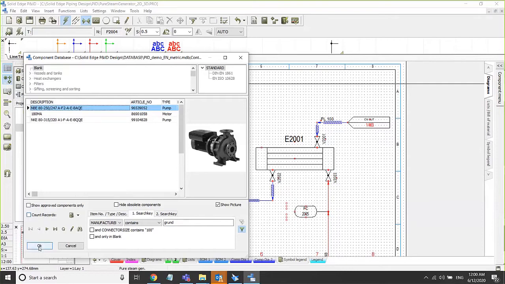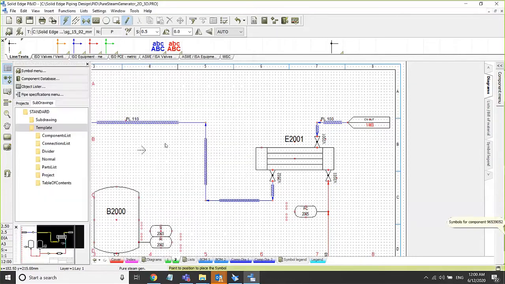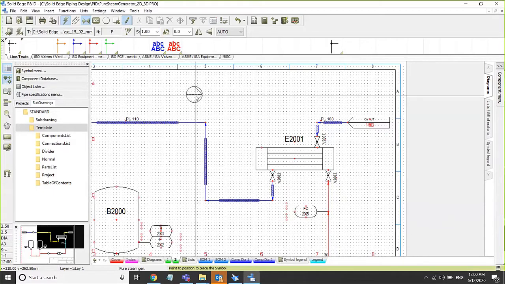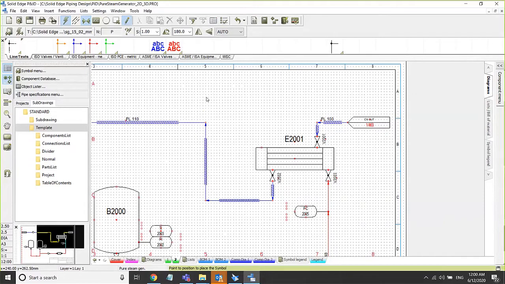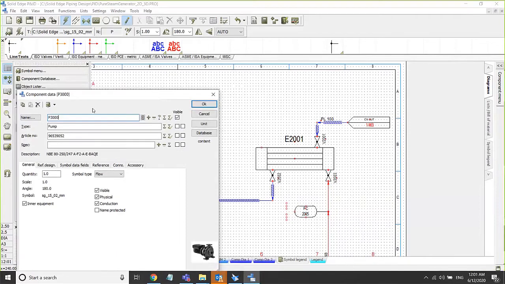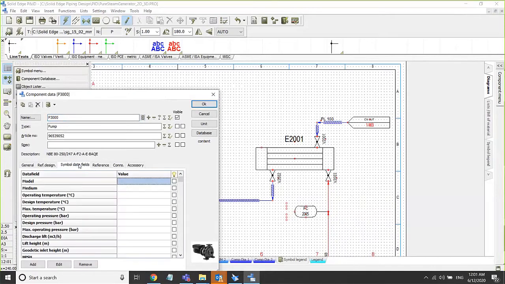So as I place this pump onto this project, you can also quickly define the scale according to your need and orient it and provide a unique number again. And again, you can also cross validate whether that particular number has been used or not. As the pump is the first thing which normally you would like to place before you start creating the pipeline connections, you can define it as an outer equipment,